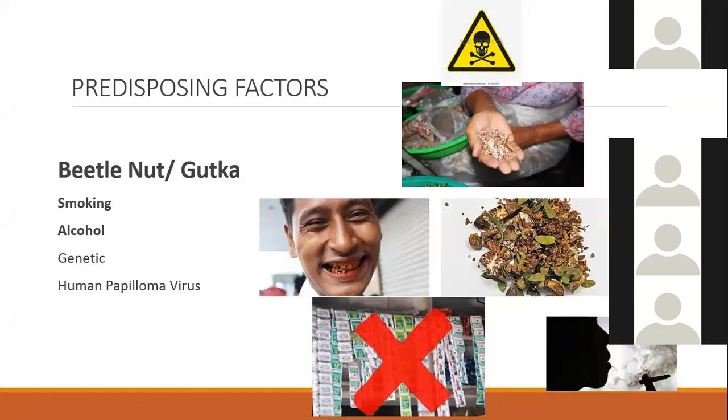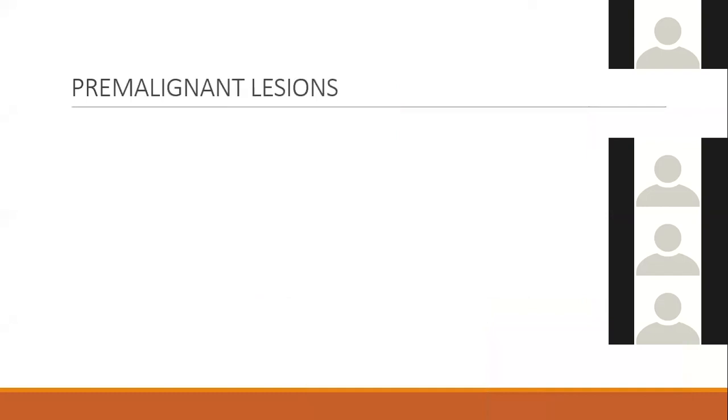Okay, so these are the predisposing factors. There is a difference between predisposing factors and predisposing appearances, which are leukoplakia or erythroplakia. Right, so the next slide is about pre-malignant lesions. The previous slide showed predisposing factors. In the exam, when we ask questions, the students get confused between pre-malignant lesions and predisposing factors. So predisposing factors are different from pre-malignant lesions. And I'm sure most of you know, the commonest pre-malignant lesion for oral cancer is leukoplakia.